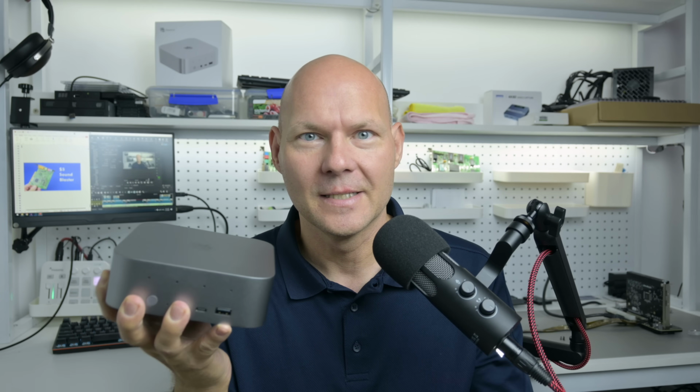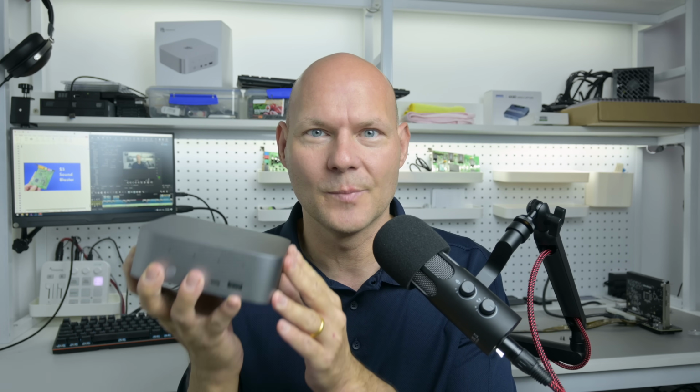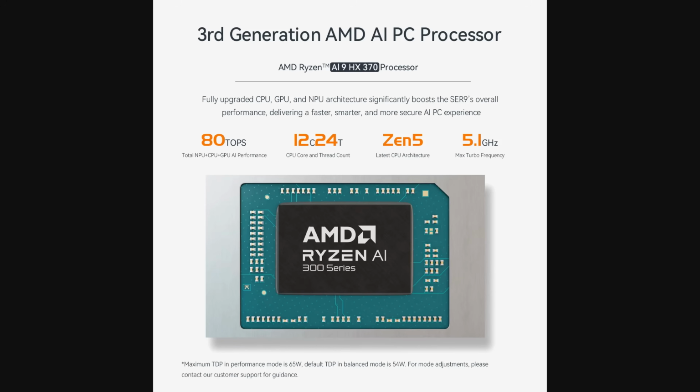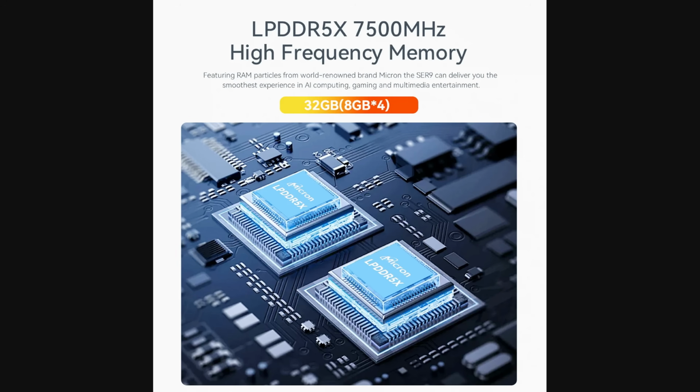Well done, Beelink. The SER9 is not only a performance powerhouse, it is also whisper quiet. I measured over 23,000 points in Cinebench R23. Thanks to the latest AMD Ryzen 5 architecture, we have 12 cores, 24 threads, RDNA 3.5 graphics, RAM that runs